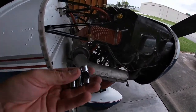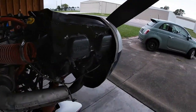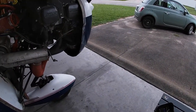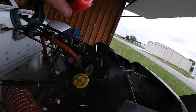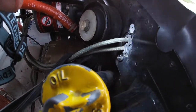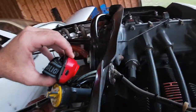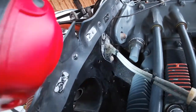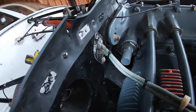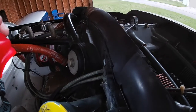Alright everybody, so I just went over and talked to my mechanic, and some of these are really difficult to get, and what I'm going to show you is a couple of the screws that need to come out. Namely, those. I got the top one down, but the screw down there, which is held on by, as you can see, there's a screw underneath there that kind of guides the leads over to the spark plugs,